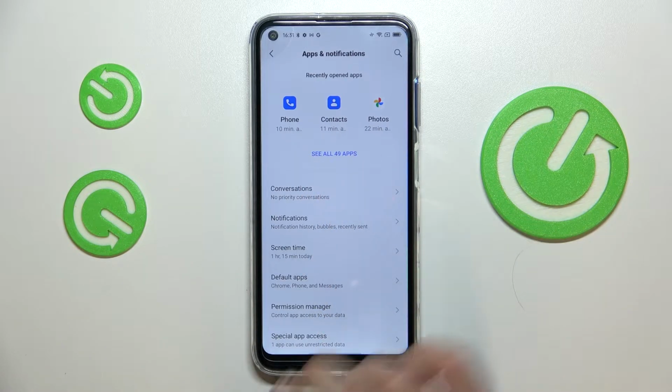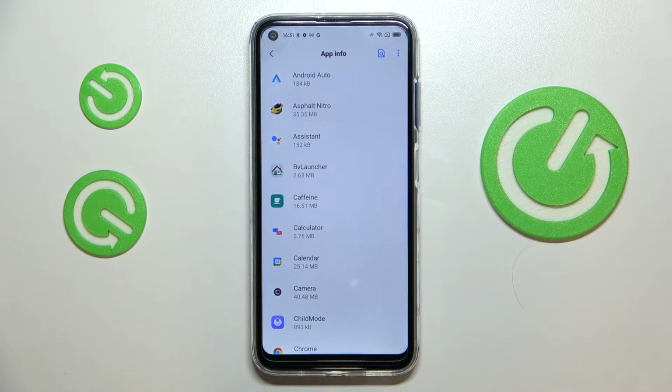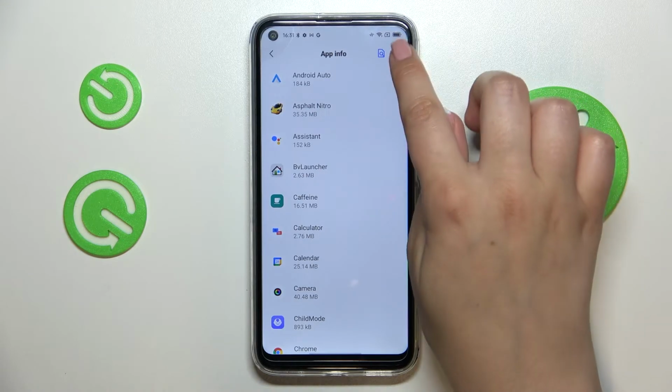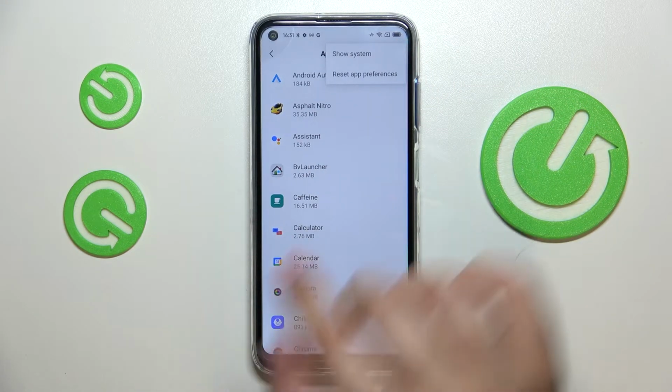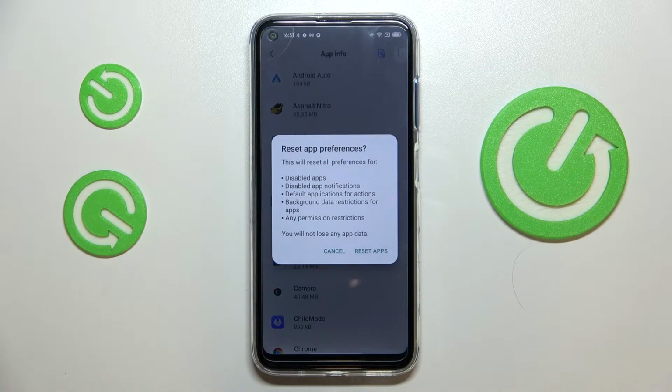Now let's tap on see all 49 apps, of course 49 in my case, and now let's tap on the three dots icon in the right upper corner. Here we've got the option we're looking for, so let's tap, and here your device is informing you that it